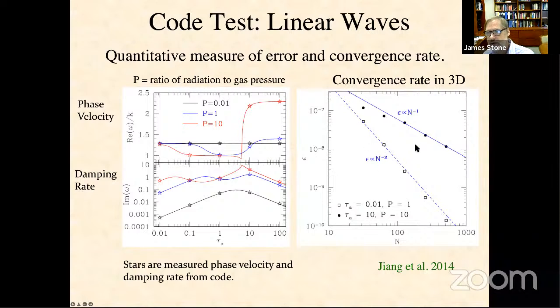You get second order convergence because we're using a backward Euler implicit scheme. There's first order convergence where radiation pressure dominates, and that's these two curves here. And by the way, this convergence demonstrates the importance of algorithms, because notice that second order algorithms give you, up